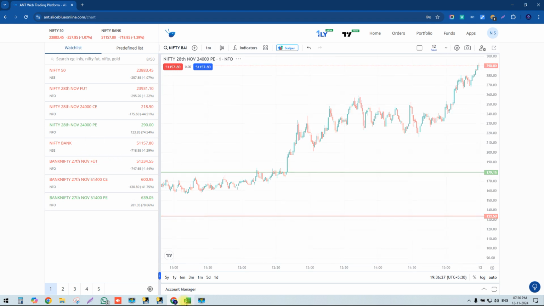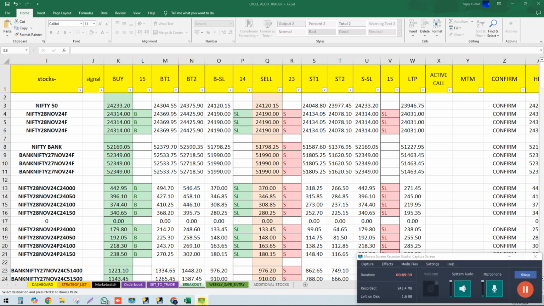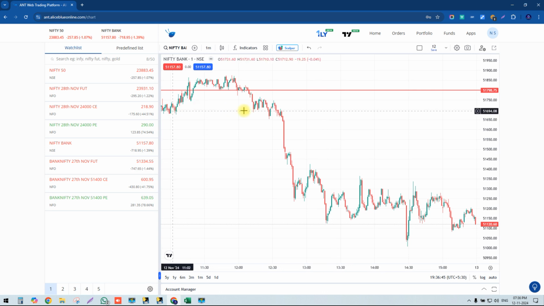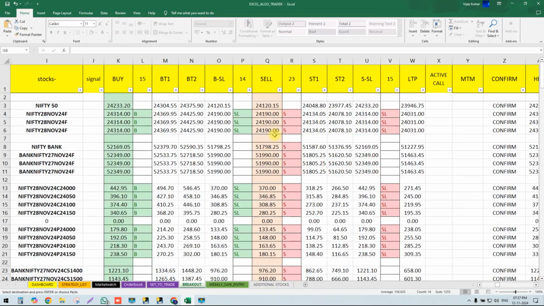We'll open the chart of Bank Nifty and let's see Bank Nifty. Buy was generated at 52,169 and sell was generated at 51,798. Yes guys, this is Bank Nifty. Here exactly 798 I have mentioned here. I'll show you here. So in Bank Nifty guys, buy was generated at 52,169